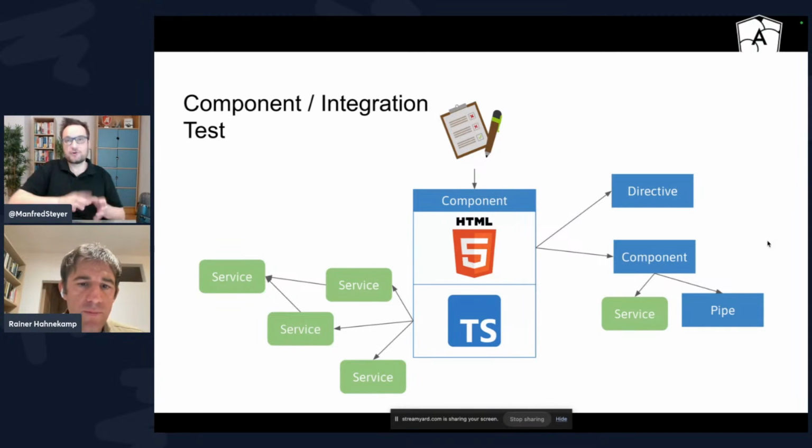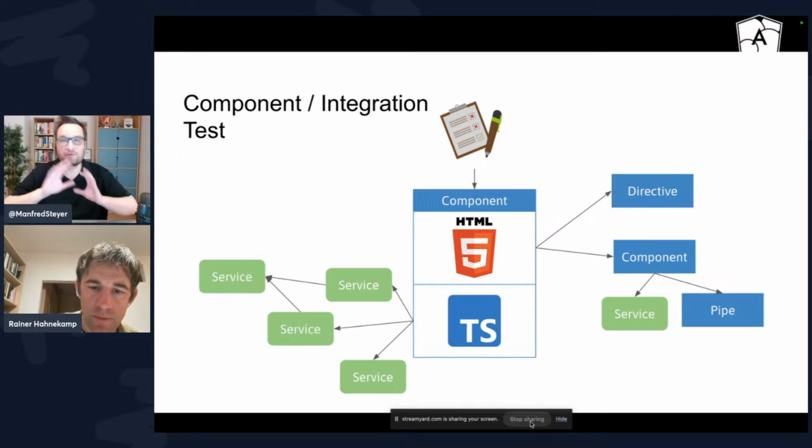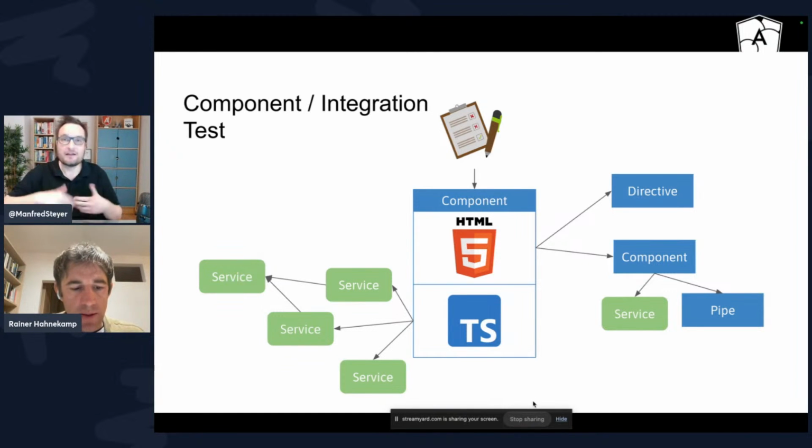So I think this transition over to the testing trophy, away from the testing pyramid, started already several years ago. And at the beginning, there was a lot of discussion. Meanwhile, huge parts of the community see it that way, at least in the front-end community. What does the Angular team say about this? Yeah, so for a very long time, not that much. We had, of course, the official documentation, which promoted very intensively the TestBed approach. But I think there were even comments about instantiating a component manually, like just calling new component.